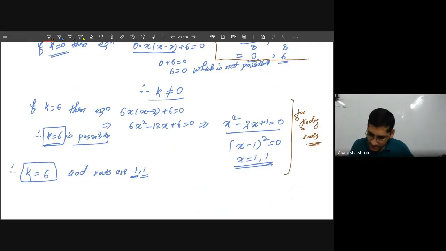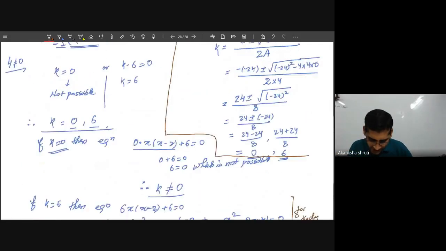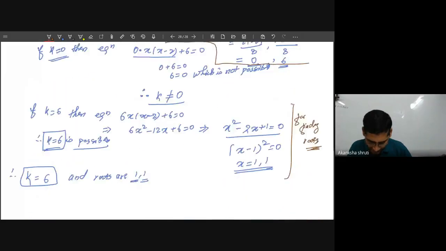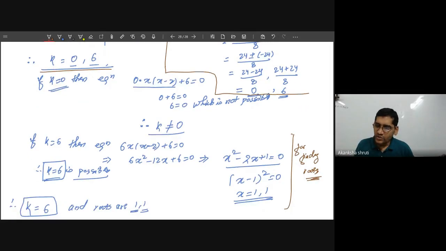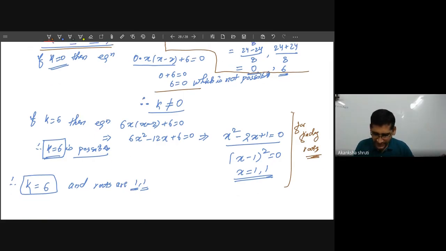No doubt. So the thing is that you will get a quadratic equation in k itself, and whatever the value of k that you are getting, you have to check for each value whether that is true for the given equation or not, whether it is violating any mathematical identity or condition. Say 6 equals to 0, it is not at all possible, otherwise this is the failure of mathematics. That's why not possible. But 6 equals to 6, k equals to 6, that gives us the required result. Even the roots we have also calculated.